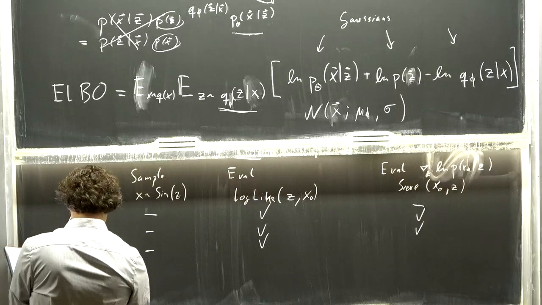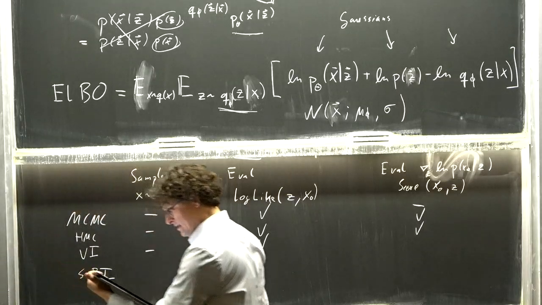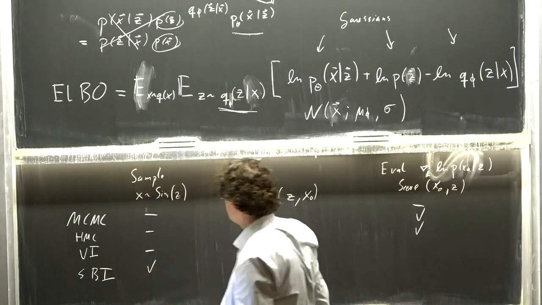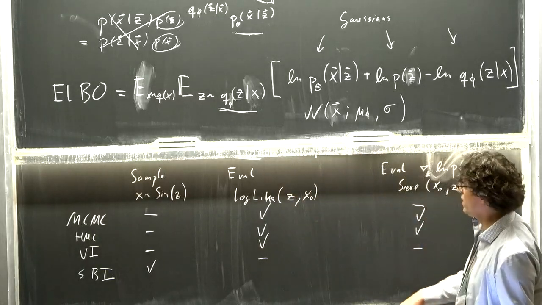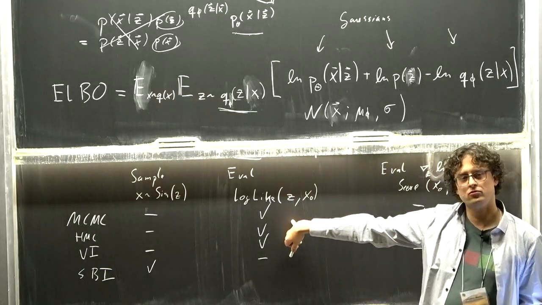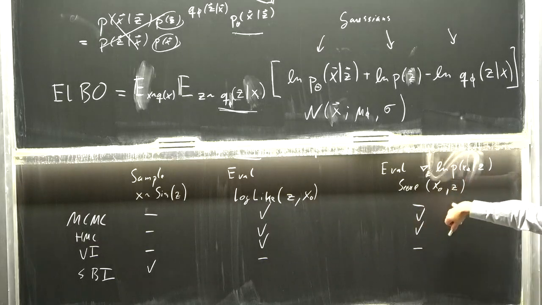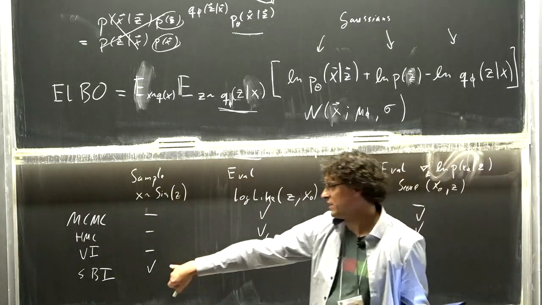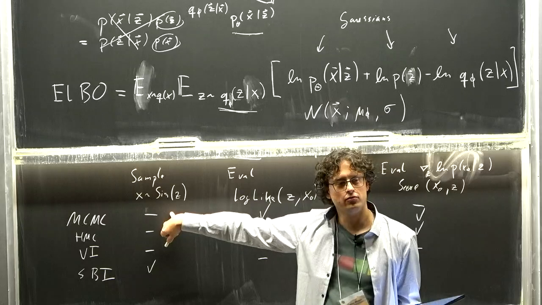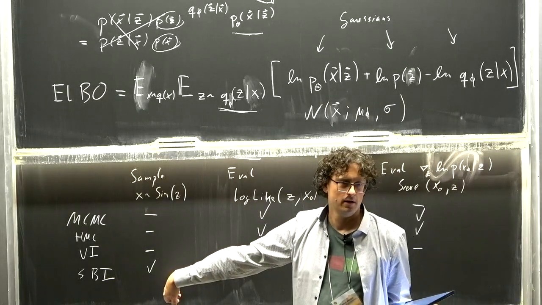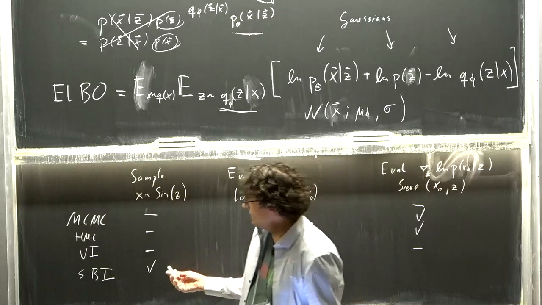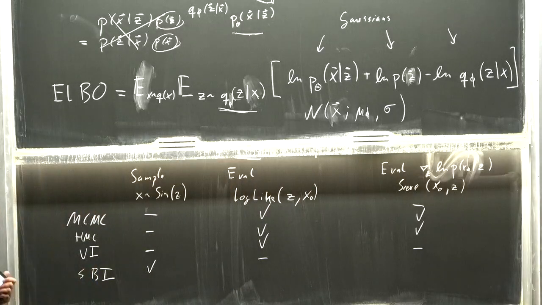Now, when we talk about SBI, that's actually an algorithm or a set of algorithms that lets us get away with not having code to calculate the log likelihood function or the score, but only to have samples. The samples would be pretty useless for running MCMC or Hamiltonian Monte Carlo, but they are the ingredient for simulation-based inference. That's why it's called simulation-based inference, because it's based on these kinds of simulation results.